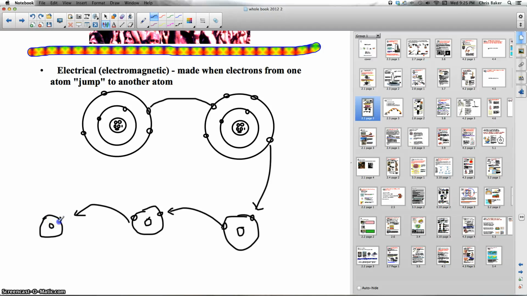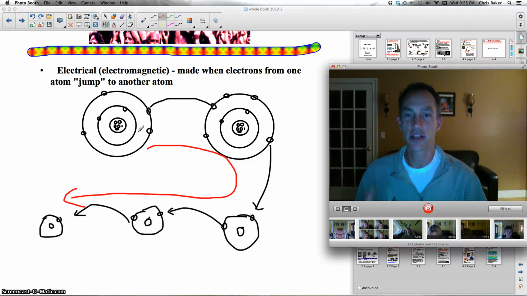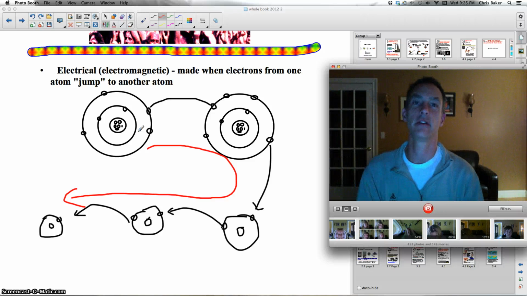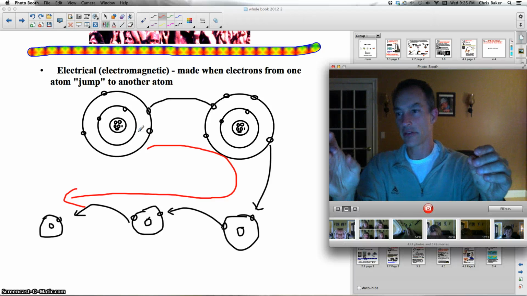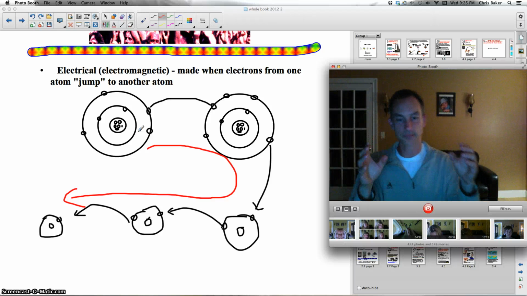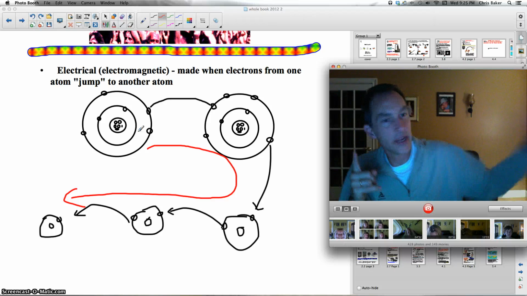And what you see is this kind of movement down the line. This movement down the line is what we call an electrical current. An electrical current goes from one place to another place. And this electrical current is how electricity, let's say, gets from one end of a wire,